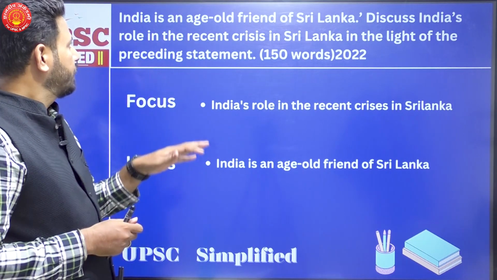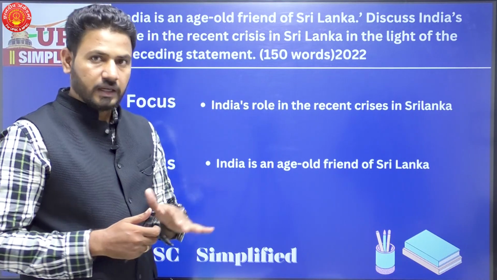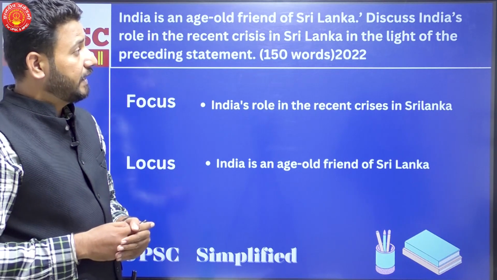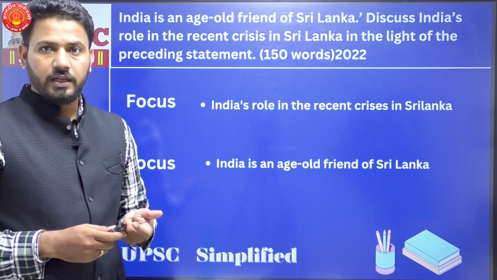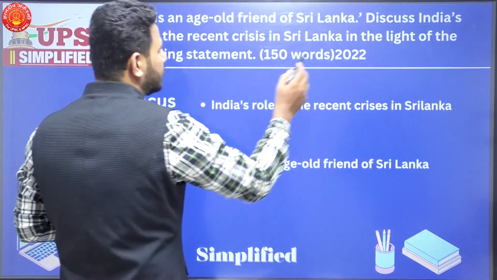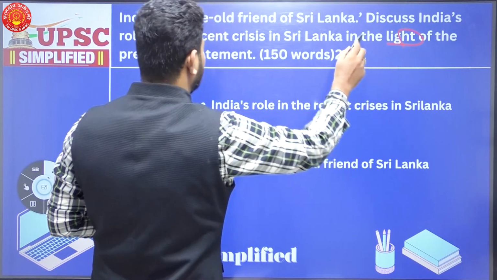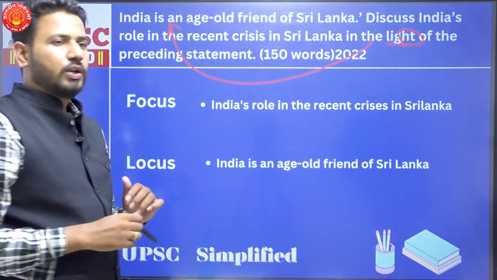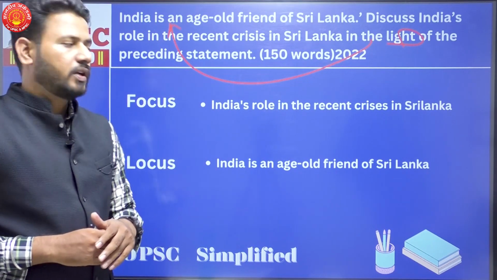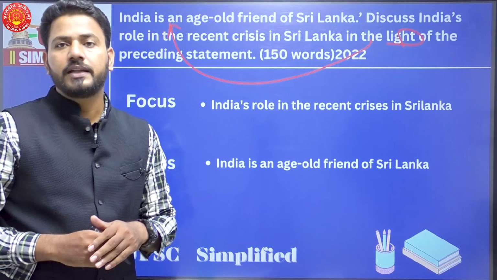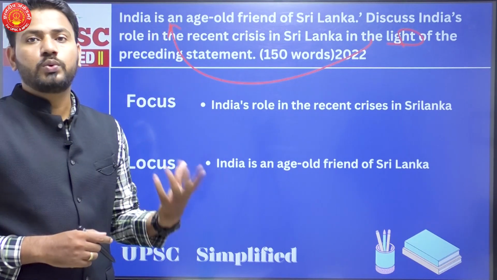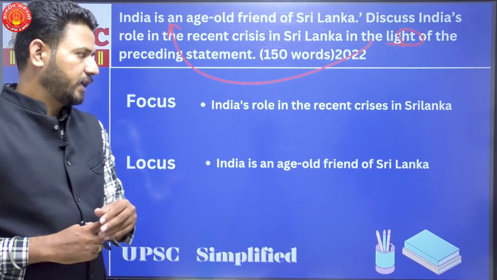The question is, India is an age-old friend of Sri Lanka. Discuss India's role in the recent crisis in Sri Lanka in the light of the preceding statement. Now, this part of the question is also important to us, that when we are discussing the answer, we should be discussing this answer in light of this statement. So, to make this clear, we'll have to understand the locus and focus of the question. Every question that we are discussing in this series, we are trying to understand the locus and focus of the question